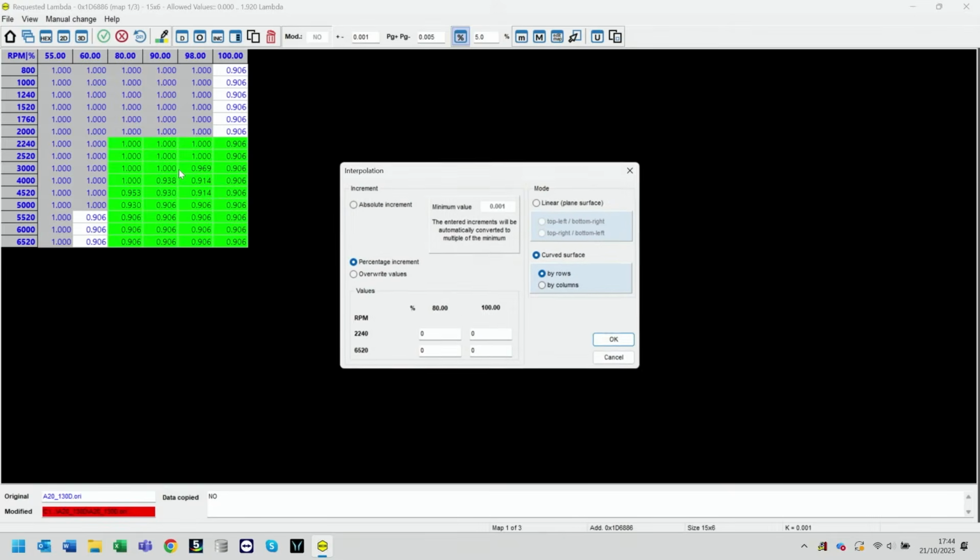Now, to be clear, that's not running the engine lean. We're just saying a little bit less or a little bit more fuel than the typical values you'd go to. So let's make our modifications in a similar area to where we've made our changes to our requested engine load and to our limiter for our cylinder filling. We're going to make a change to 2,240 RPM, 80% on our engine torque, and we're going to go to